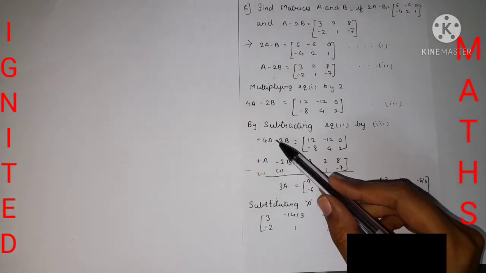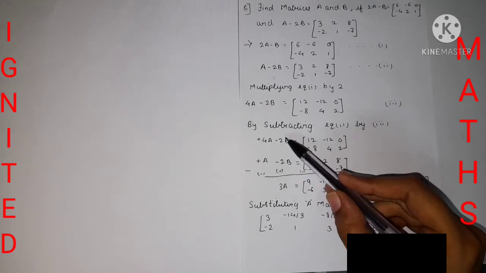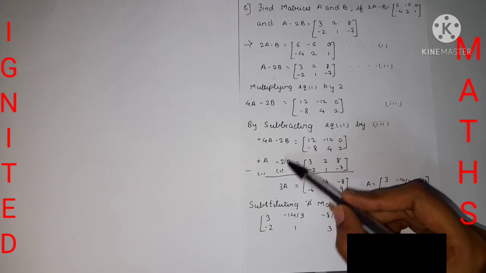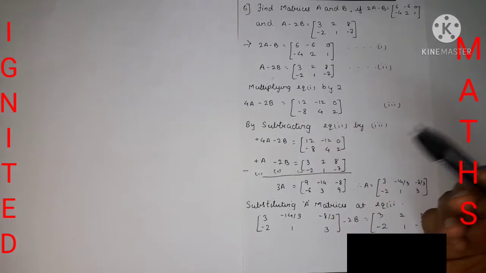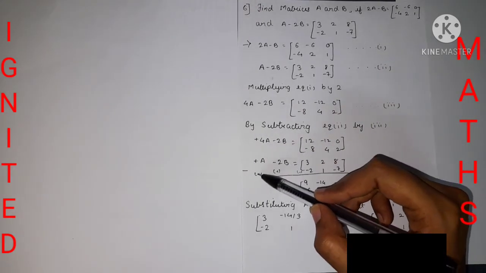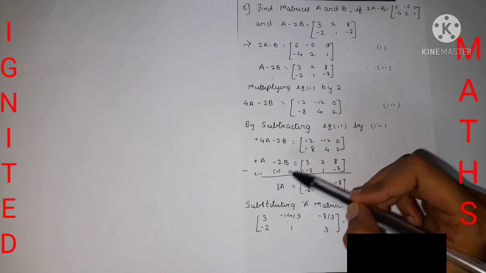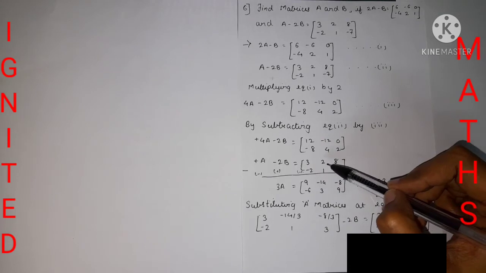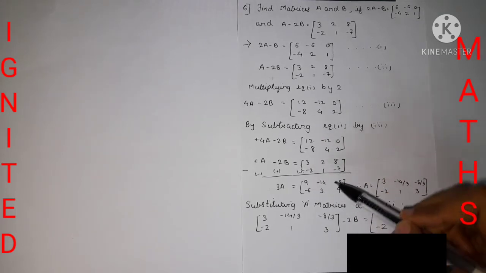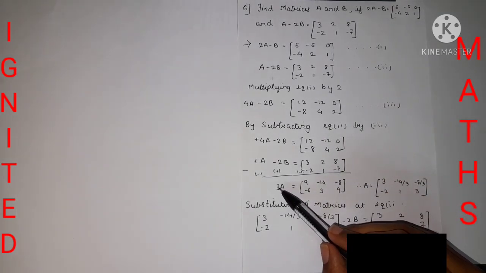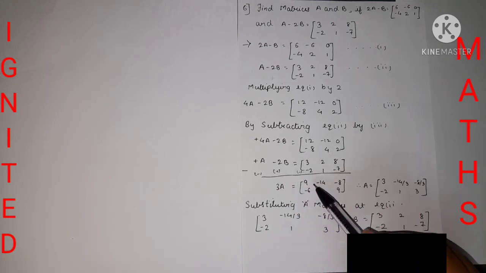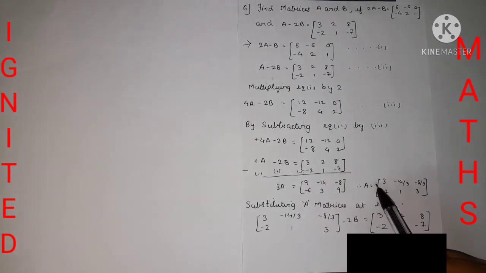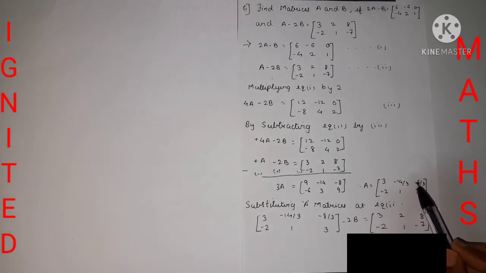So here plus is there, over here minus is there. So plus 2b minus 2b, we need to cancel it. It's 0. So 4a minus a is nothing but 3a, and this matrix should be subtracted from this matrix, and after subtraction you will get this answer over here, and over here 3 is there. So I will take the 3 to the RHS, so it will become 1 by 3. After multiplying by 1 by 3 and doing the calculation with this matrix, you will get this answer.